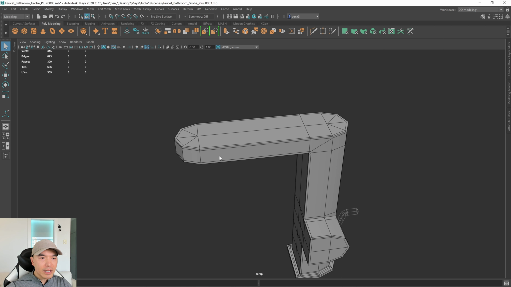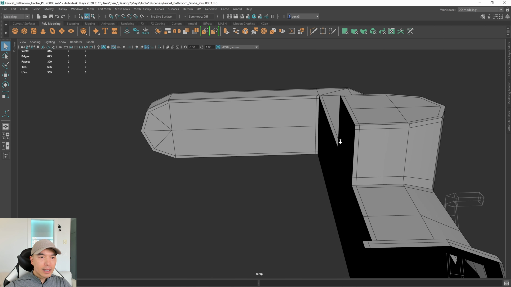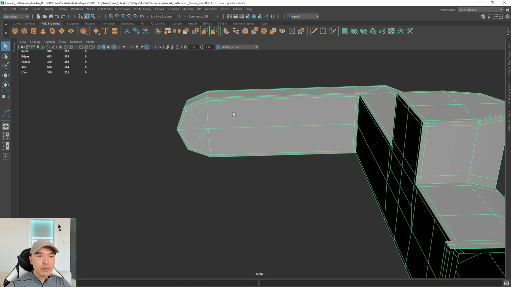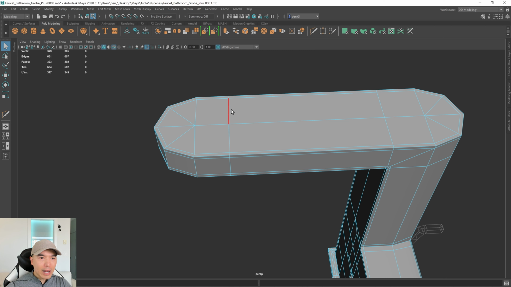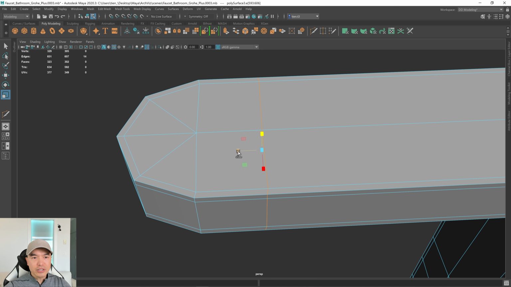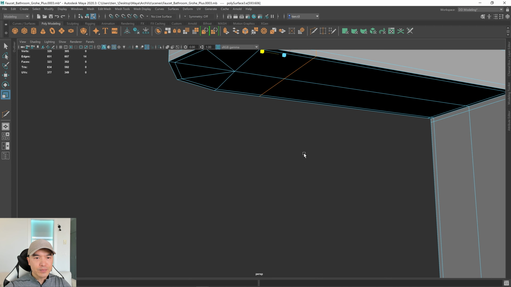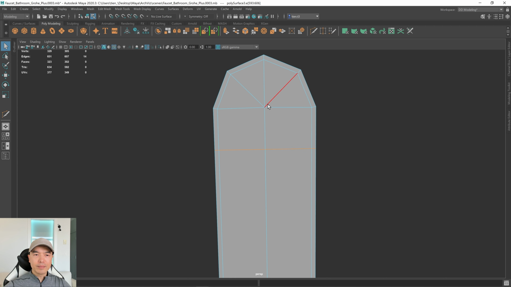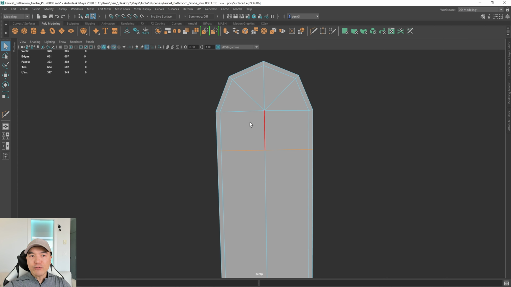So up here, we'll want to add a loop right here. And the reason for that is it'll allow us to extrude an area that we can circularize. So let's grab our multi-cut tool. We'll add a cut right about here. And let's grab this edge and straighten it as well. So I'm going to hold down Control and Shift, just slide this to the middle. There we go. And then we're going to basically extrude and make a circle, but we need a reference point